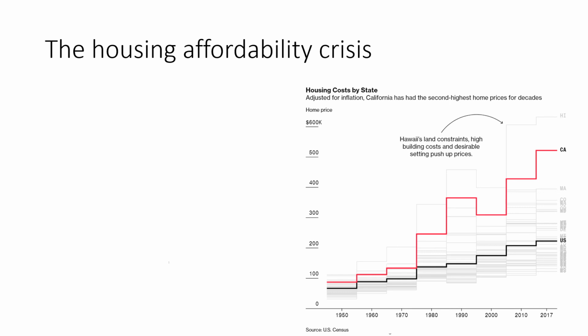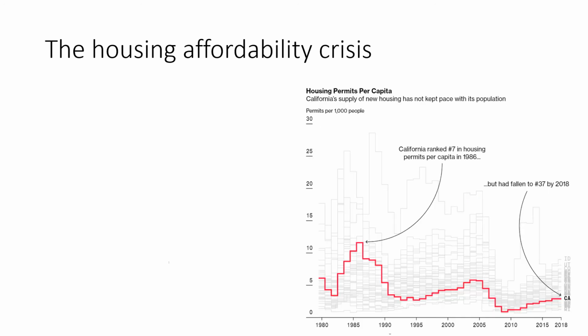In California, we see that adjusted for inflation, California has the second highest home prices in the country, after Hawaii, and then we see a big increase since the 80s. But we also see that the increase in the quantity supplied hasn't changed much. If you look at new housing permits per capita, we see that California doesn't provide all that many. These are permits per 1,000 people. Right now, the new permits are about 4 per 1,000 people, up slightly from maybe 2 around 2010, during the Great Recession.